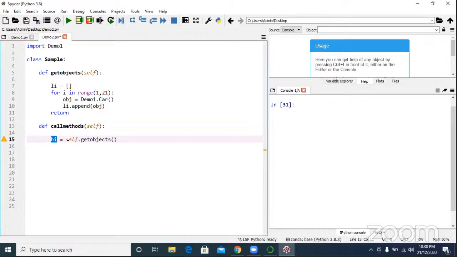Not understanding, na? Listen carefully. Whenever I say self dot get objects, the control will go to here. It's an empty list. I value 1, it will create an object and append into li. I value 2, the second object will be created and added. Third object added, fourth, fifth, sixth, up to 20 objects get added, and return